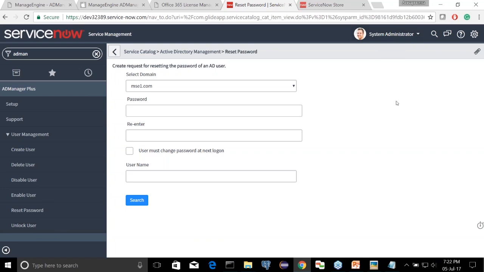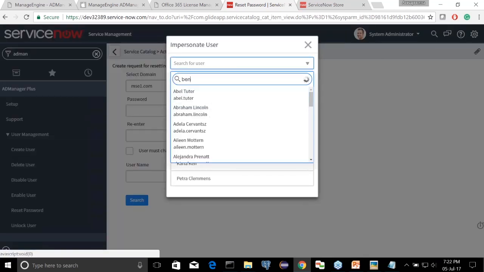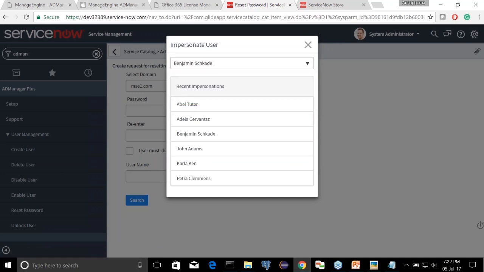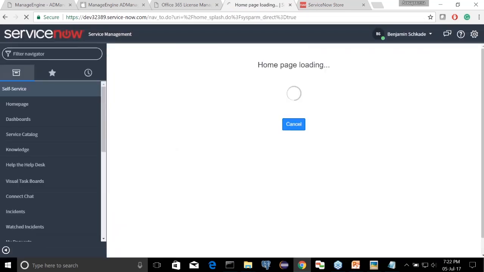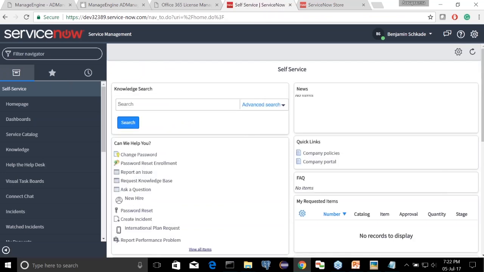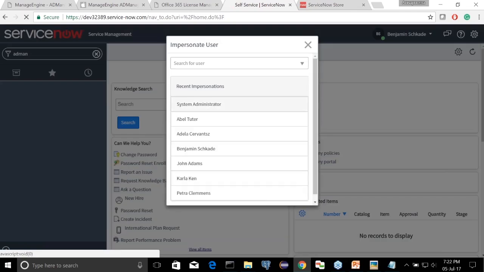And now if you are an end user, how does this console look like? Okay, let me impersonate as my end user. So I have an end user setup over here, and the first thing you need to do is provide ADManager Plus for your end users. So let me set up